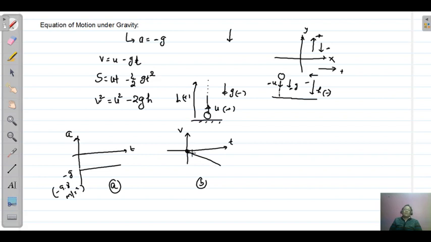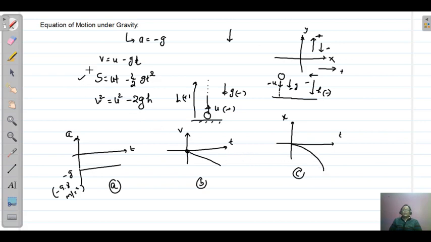This is the velocity time graph of the body moving under gravity, dropped from the height of a building. Here the slope of the velocity time graph gives acceleration. As said earlier, the area of the acceleration time graph gives change in velocity. In a similar way, we can draw a third graph, which is the position time graph. For such a body released from a height, for which we have already drawn the acceleration time graph and velocity time graph, the position time graph will come in this way.